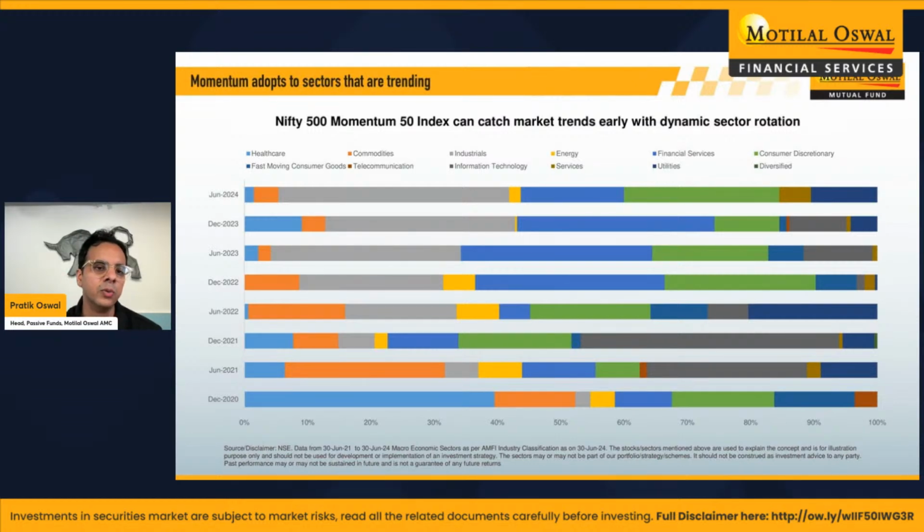The second thing which is very unique is that not only style, but it's also a very sector agnostic fund. This slide is very interesting. It talks about how the sector allocation in this fund every year is so different from each other, which shows that there's a lot of dynamic rotation happening. Every color is a different sector, and as you can see, there's a big difference between last year and this year. And this is actually every 6 months. If you look at yearly sectors, you'll see something which is completely different.